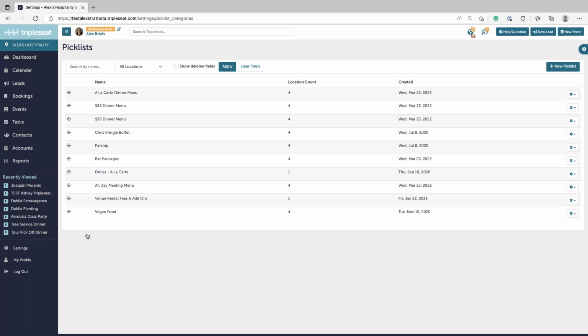So your pick lists matter because they're going to allow you to add cost to your events and bookings. Setting up your frequently charged items here in settings will save you a ton of time when creating your documents for events. So right, we're in here, settings, pick lists, and you'll find these collections of items or your pick lists on the page,